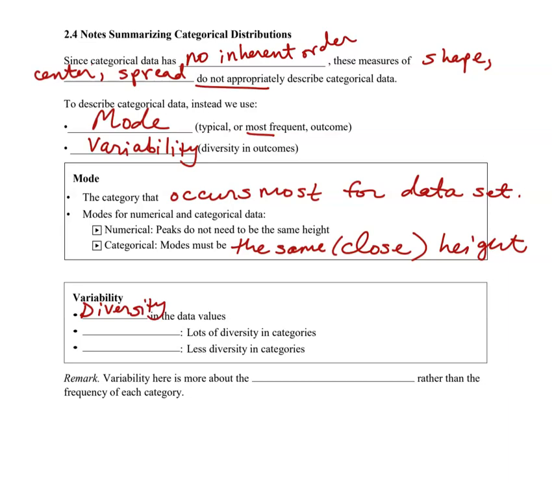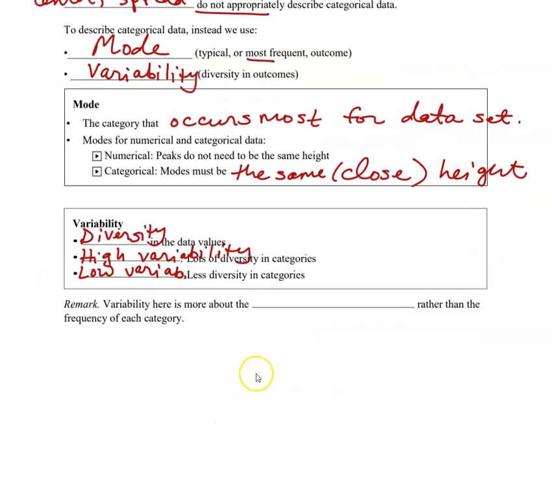in the data values. Are there a lot of responses in a lot of categories, or did most people just stick to one or two, maybe three responses? So high variability means you have lots of diversity in your categories, whereas low variability means that you have less diversity in your categories. And it says, remark, variability here is more about